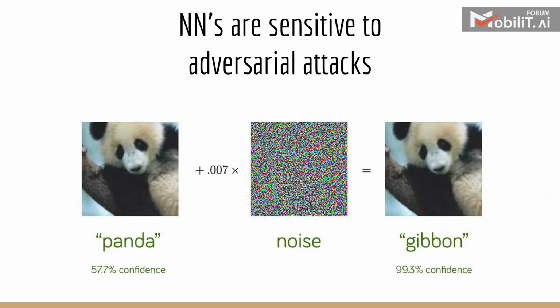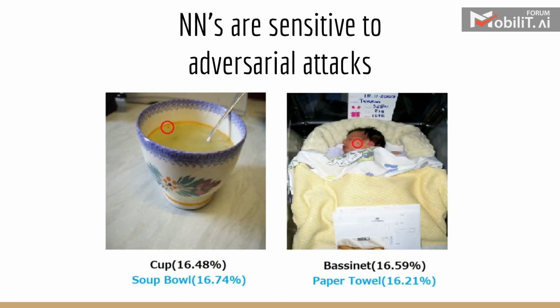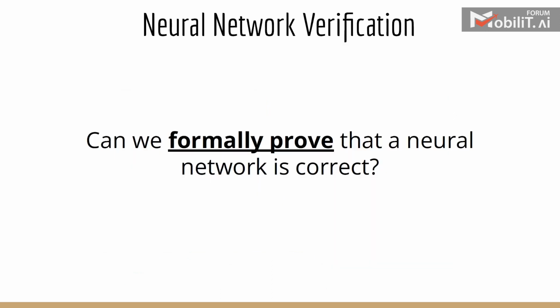This is a very well-known example that I guess all of you already saw. We have a classifier that predicted that this is an image of a panda. We add some random noise onto it, and then the classifier predicts it with high confidence as a gibbon. Another famous example is this one, where we can change one specific pixel in an image, and this will cause the classification to change. This is called a one-pixel attack. Both of these examples are just to show you how sensitive in practice neural networks are. And this is, of course, very concerning because we are using these models in safety critical systems. So we are supposed to be concerned about this.